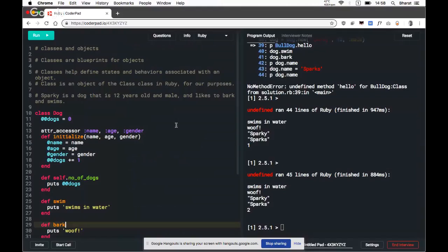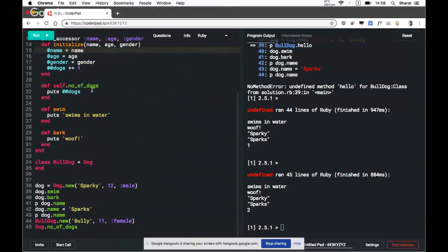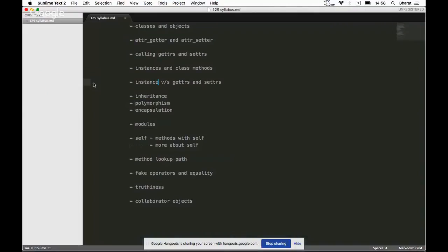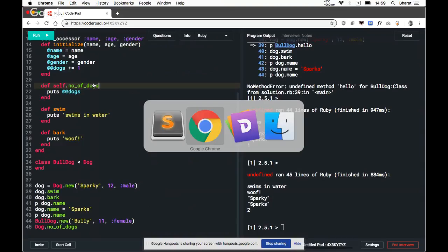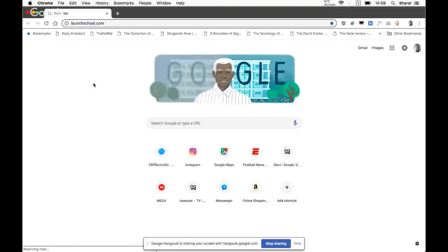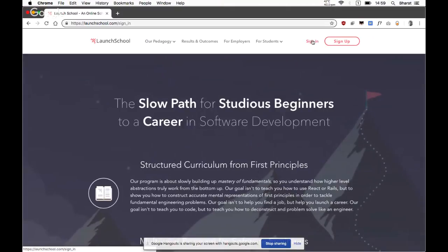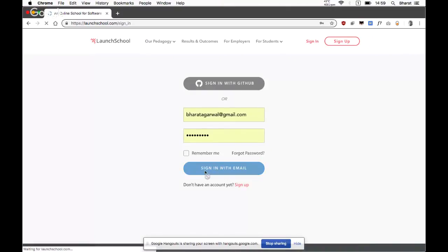Instance variables versus getters and setters. I did talk about the fact that if we use, let me check the sources, the support curriculum. Maybe I contracted too much. It's asking something else.